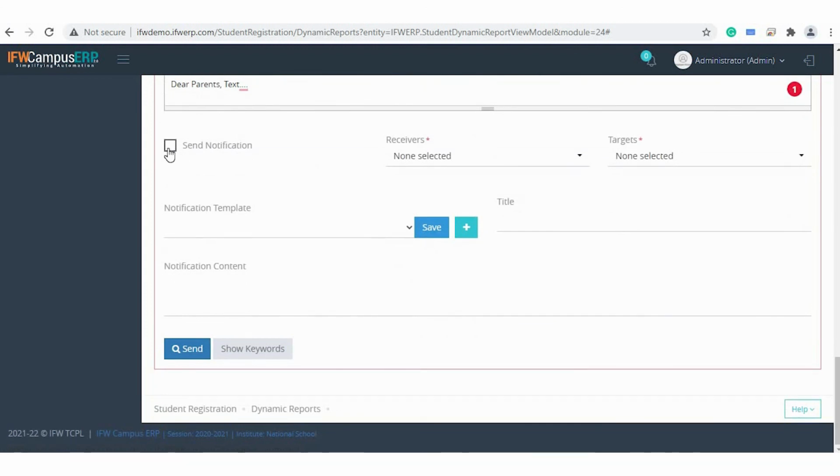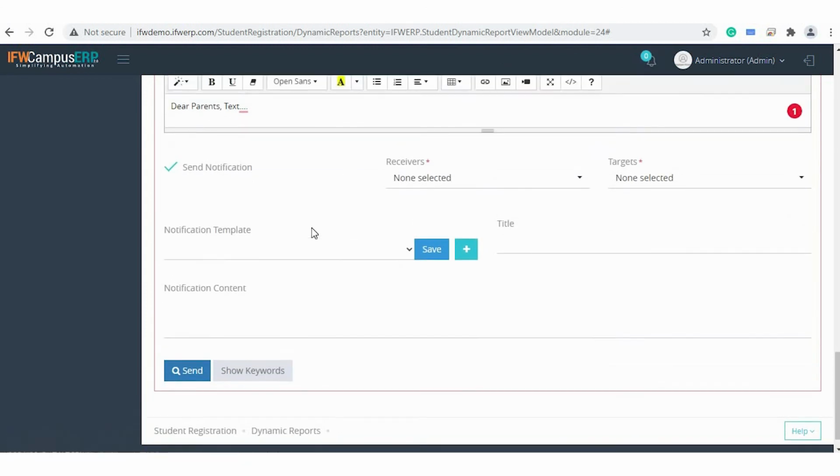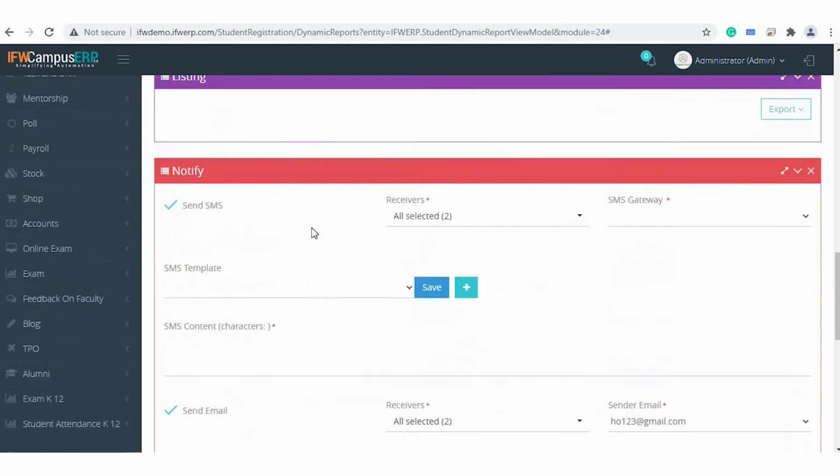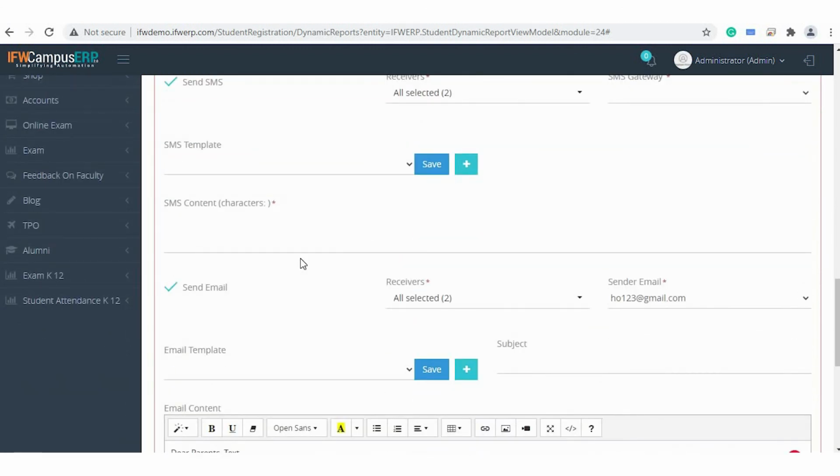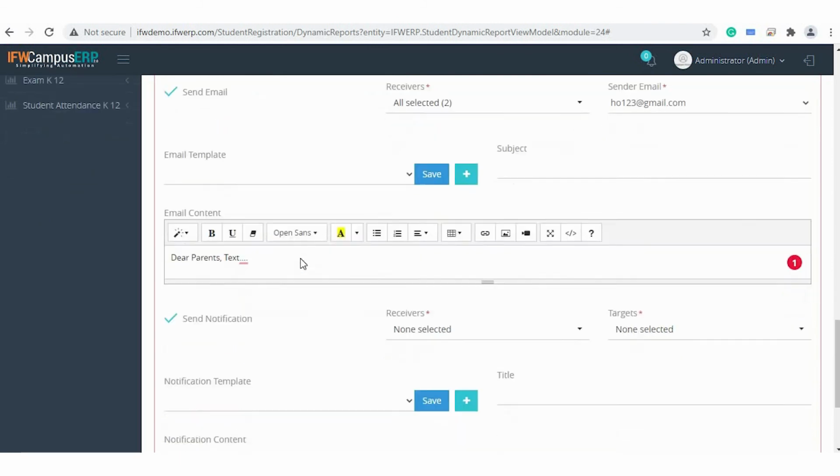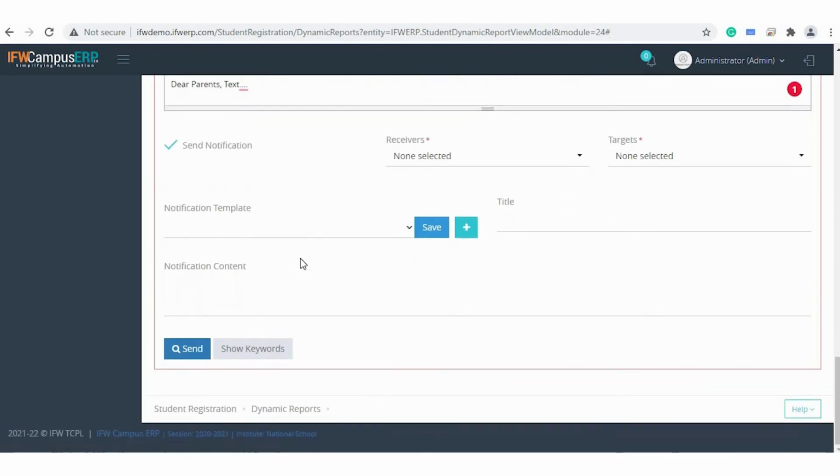And you can also send the notifications which will be shown here in the ERP. So dynamic report facilitates these features also. The keywords can be used to set the template for SMS, email and notification. The keyword list is provided here in the show keyword button.